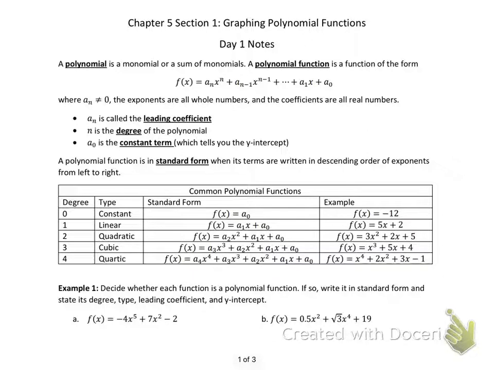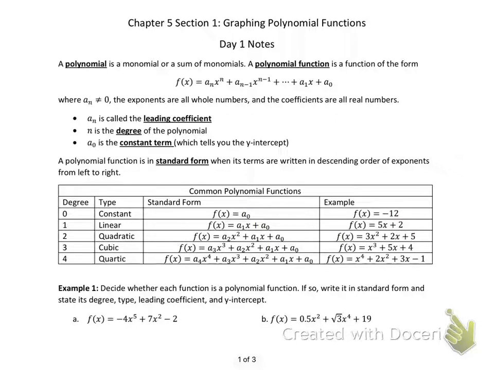So the first thing we're going to do is talk about what's called a polynomial. You've seen polynomials before. We've talked about quadratics, linears, constant functions where it's just a number. But we've never called them polynomials, but that's what they are. They're called polynomials because it's a sum of monomials, which is just one term. Okay, and so we need to make sure that we give these things names so we can talk about them